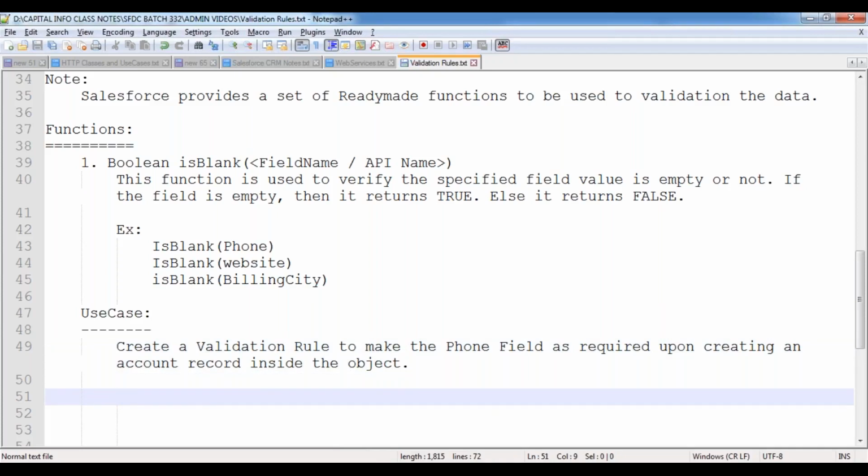Whenever I'm creating a new account record inside my account object, I want to make the phone field mandatory. But as of now, phone is not a mandatory field. It's an optional field. You may enter the data, you may not. But now I want to make this phone field also a required field. How can we do that? Let's see practically.